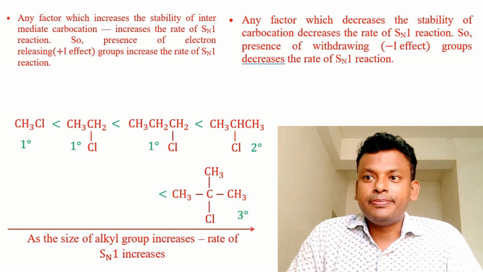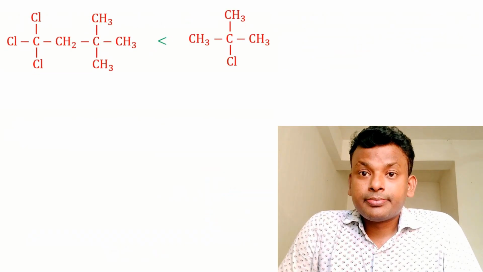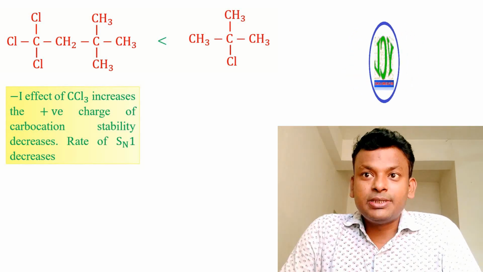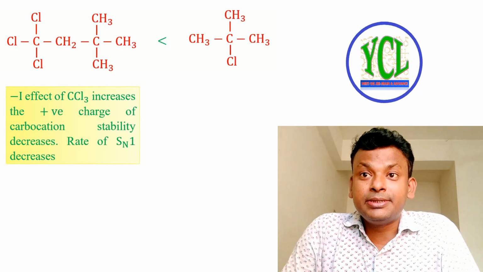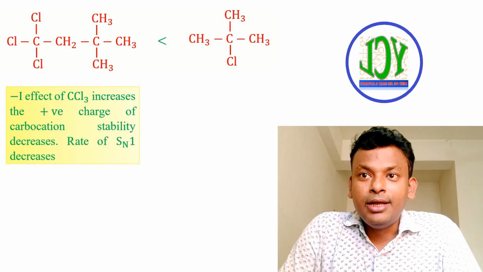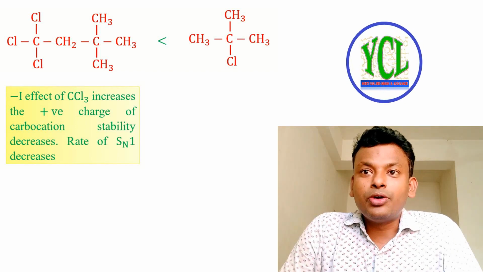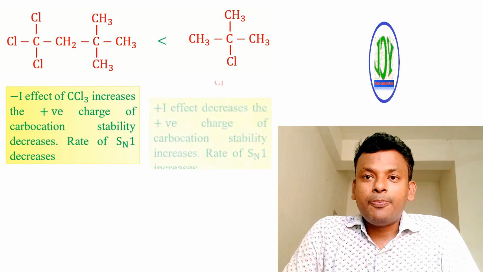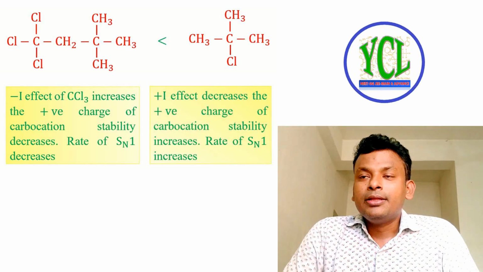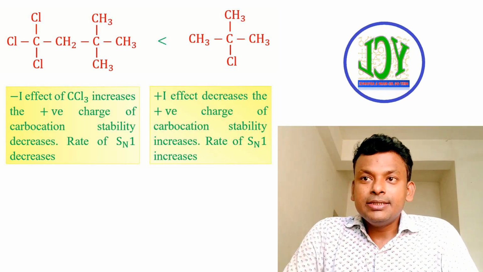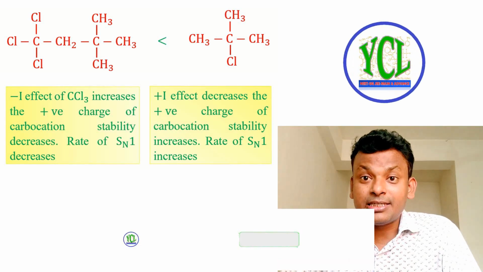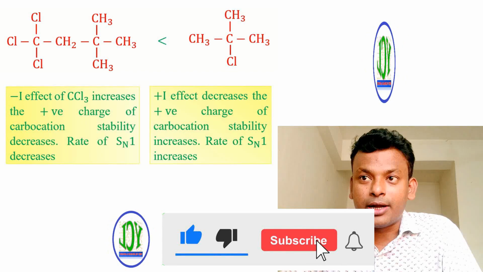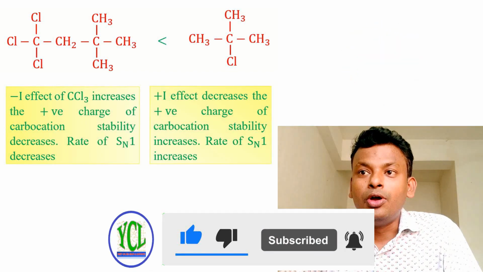And next point, in this example, in the first one, the minus I effect of CCl3 increases the positive charge of the carbocation, stability decreases, so the rate of SN1 decreases. And in the plus I effect, that is CH3, the plus I effect of the methyl group decreases the positive charge of the carbocation and stability increases,